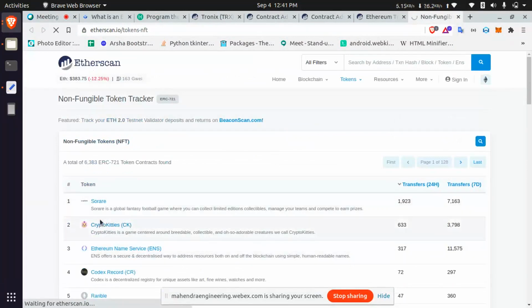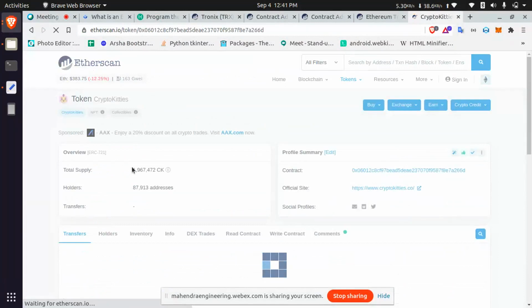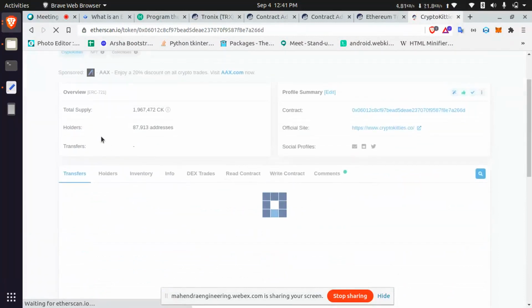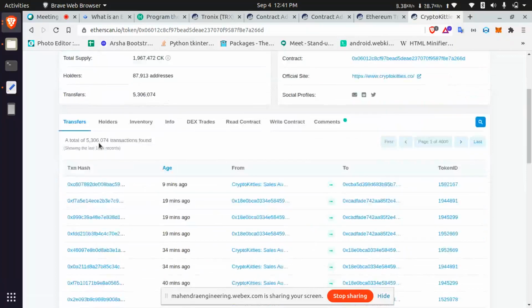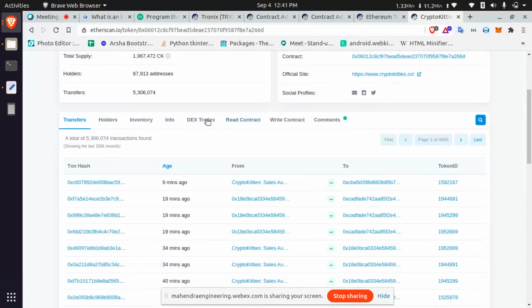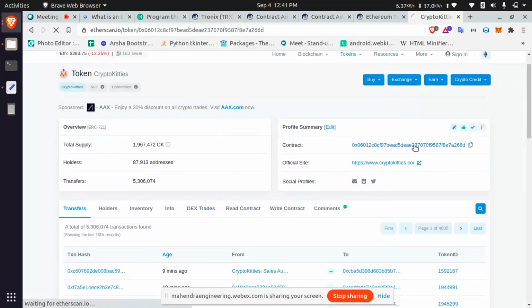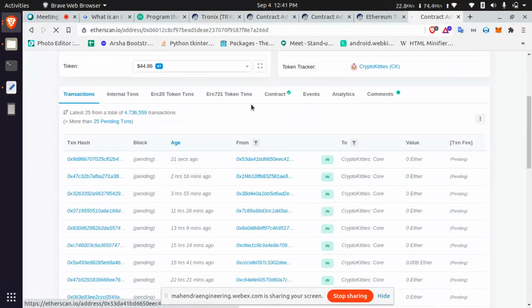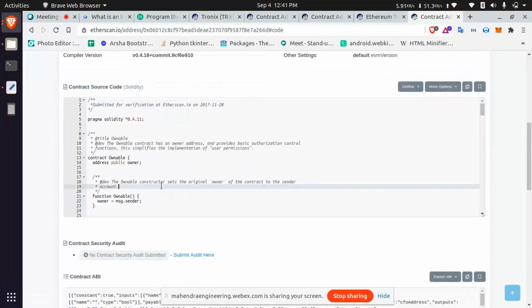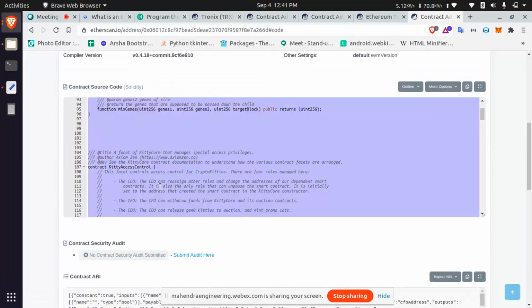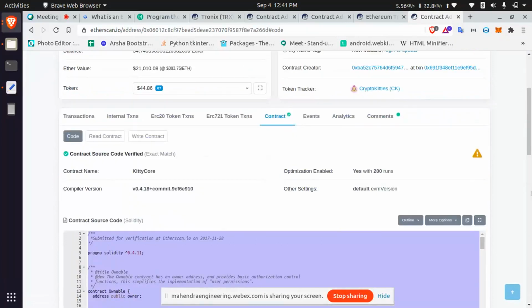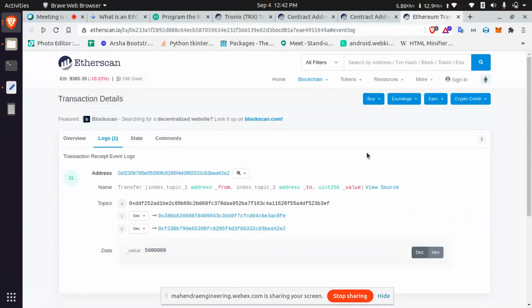Just click any token, you can see the total supply and the addresses. But here there are no prices for ERC721. If you want to read the contract, you can see that. Check the contract, just copy and paste it into your Remix and verify how ERC721 is written. But maximum ERC20 is enough. ERC721 is used for assets like flats, apartments, or pets. Only this kind of thing they are using.